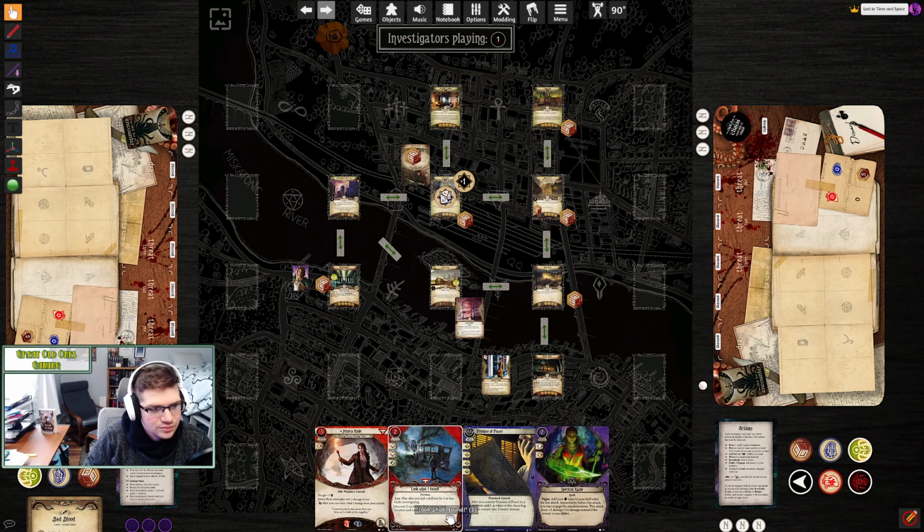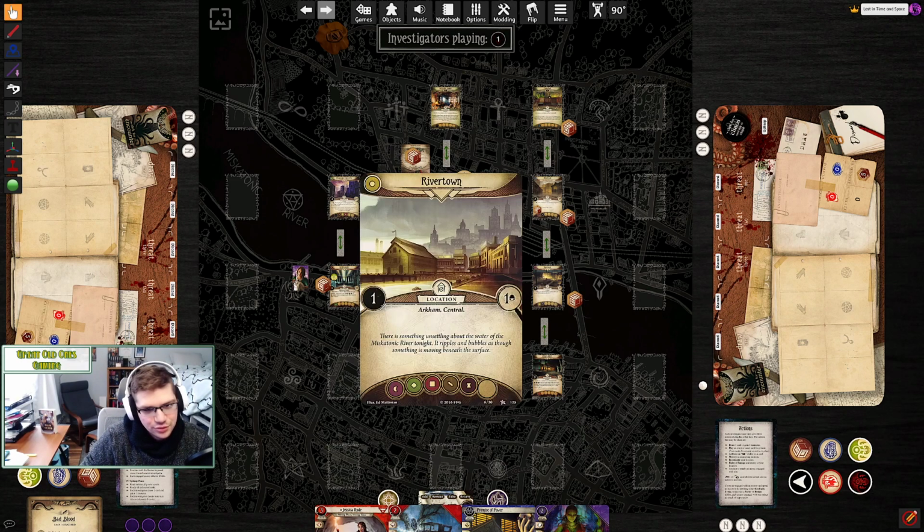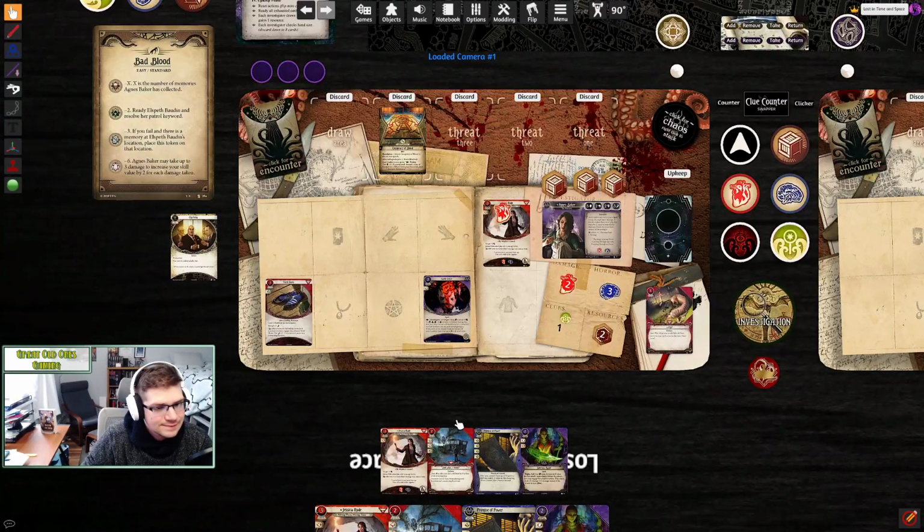So we could alternatively go up here. We're probably gonna have to grab this clue at Rivertown as well, so we're gonna have to consider that. Either that or we're gonna have to go up to the curiosity shop just to grab clues and then come down and around and grab these other memories. So